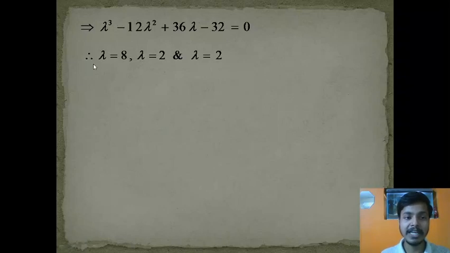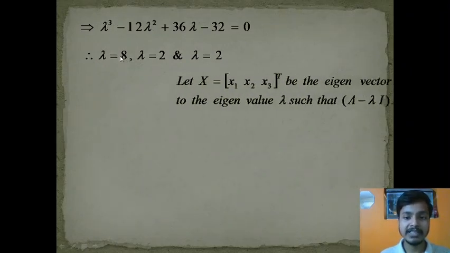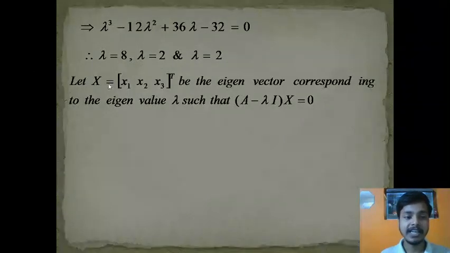Okay, so once you get the eigenvalues, you have to find the eigenvector. So let us get the eigenvector for the non-repeated eigenvalue. Out of these three, which one is the non-repeated eigenvalue? Lambda equal to 8. Okay, so let us write down x to be the eigenvector corresponding to the eigenvalue lambda, such that